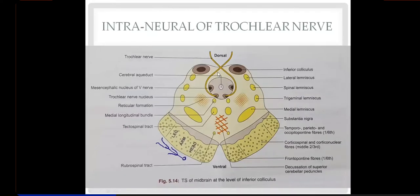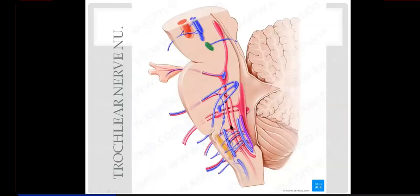Then this is a mid-sagittal section seen from the lateral side, and this is the midbrain with the superior and inferior colliculus. This is the pons. Then you have this medulla, and dorsally, in the lower half of the pons and upper portion of the medulla, you find a tent-shaped cavity that's called the fourth ventricle. So the floor of the fourth ventricle is formed by the lower portion of the pons and upper portion of